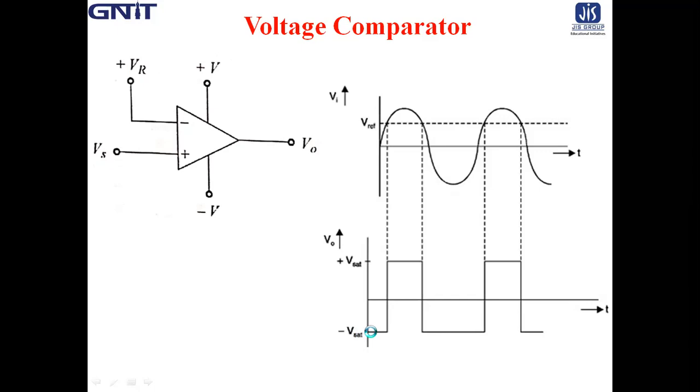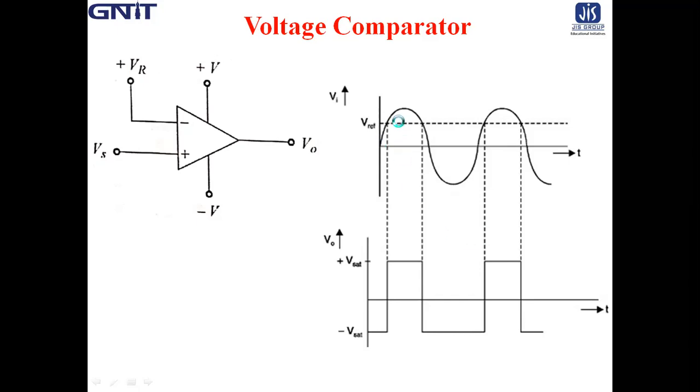Now, as in the figure, this is the principle of the comparator circuit. As in the figure, a DC source of voltage plus VR is connected to the inverting input, and a sinusoidal voltage Vs equal to Vm sin omega t, considered as the input signal, is applied to the non-inverting input. Now the comparator output voltage is displayed here.